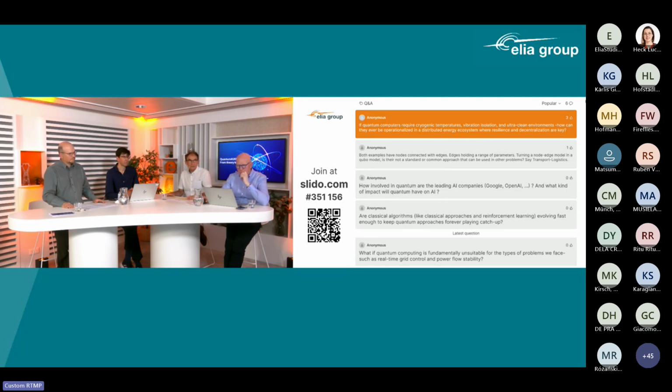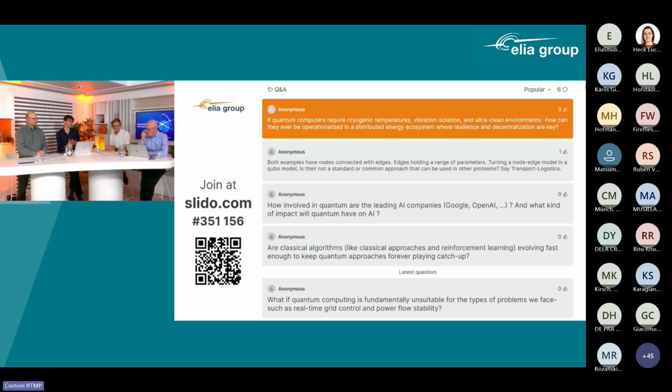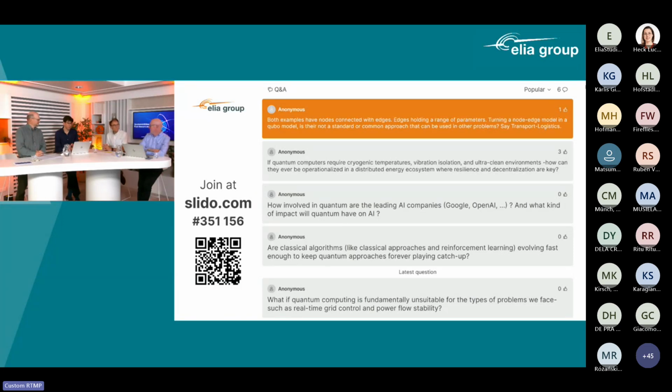That's in our situation. And maybe to add a bit on that one, it's also like with AI. When you use AI, you are using huge data centers to train models, and then you deploy somewhere else. So it's not that you put all the processing power somewhere. You are using huge data centers today in classical computation for some specific cases. Correct. So it shouldn't be the user's problem. Exactly. No, it's not. We don't have quantum laptops yet.